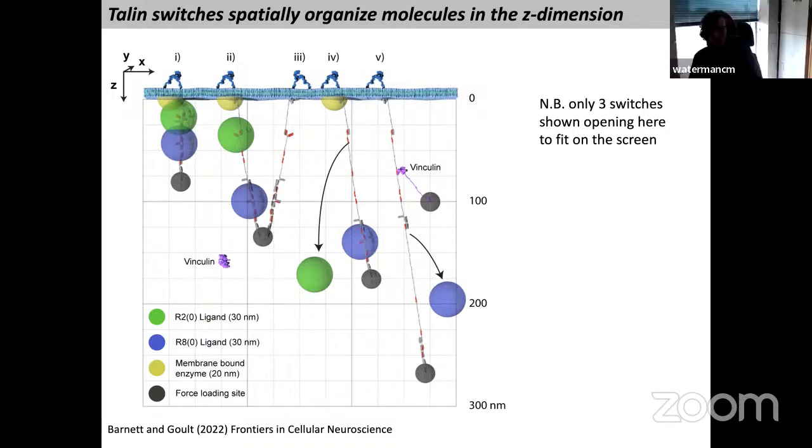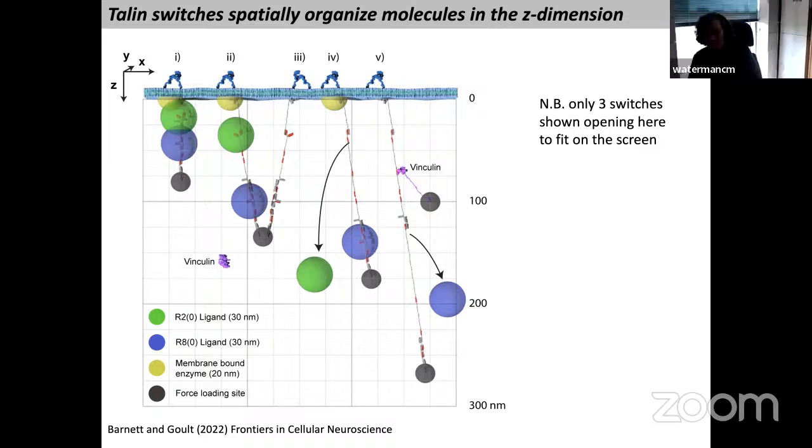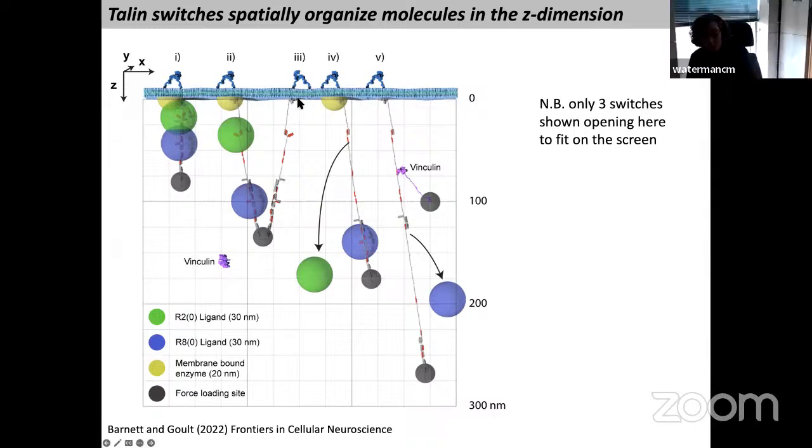So Talin is at a 15-degree angle relative to the membrane. Only in a cell. Under the nucleus, I don't think it's 15 degrees. Yeah, I think it is, because the actin cytoskeleton is cortical, and it doesn't pull into the middle of the cell. It pulls tangential to the membrane. So yeah, but not if you've got all of your attachments at one end, like in a synapse, where it's at one end and then you're pulling. Synapse, yes, but in a focal